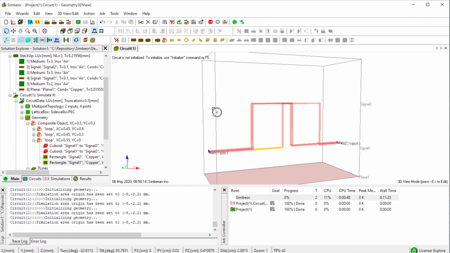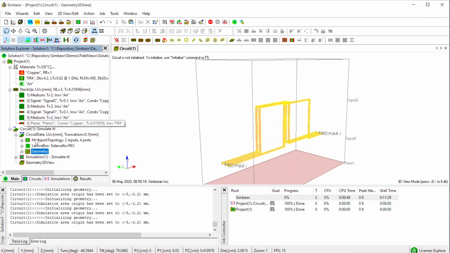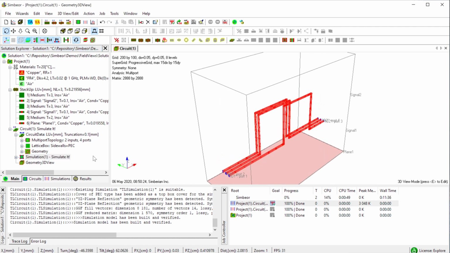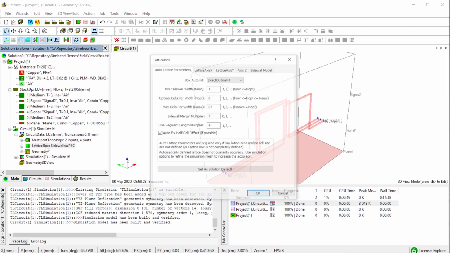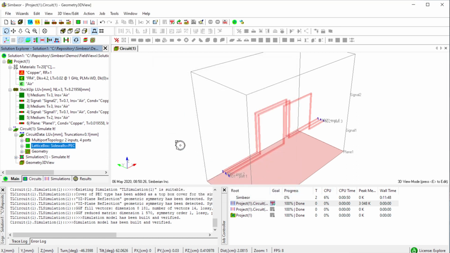So now I use E, D, and got the complete structure, so it should be filled with the actual dielectric. Now we build the model, F6, a very small size of the model. So to improve the accuracy, it is recommended to reduce the cell size another 2 times, like 0.025 along both axes.